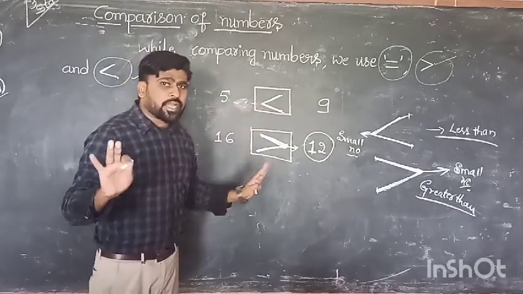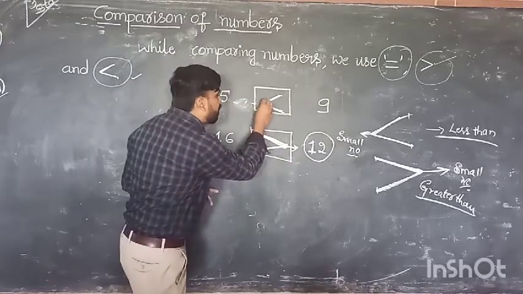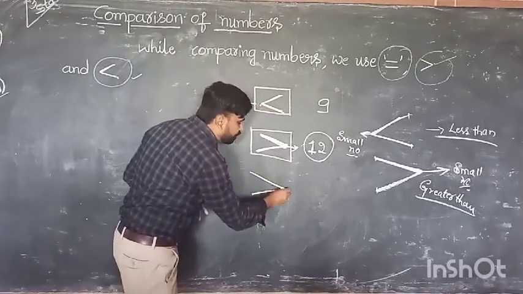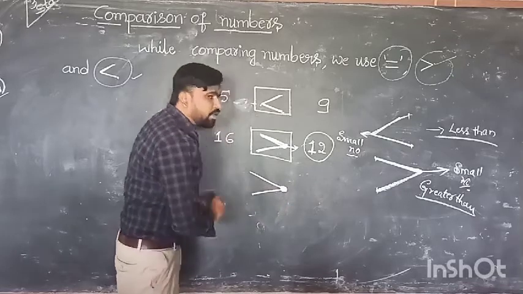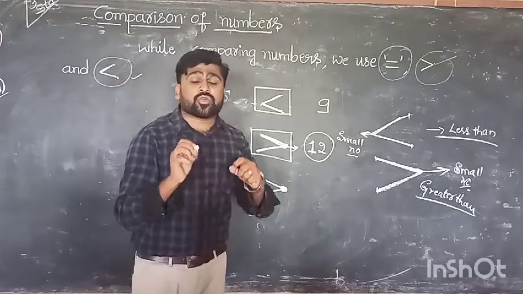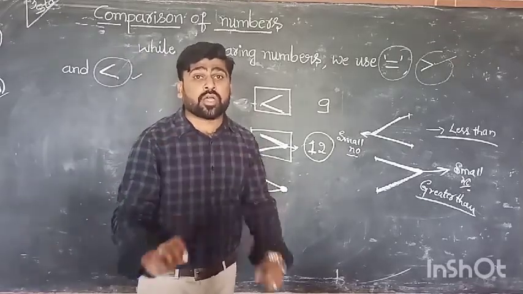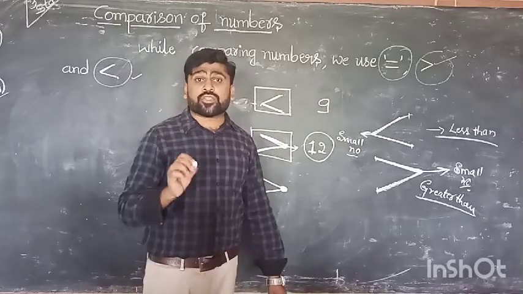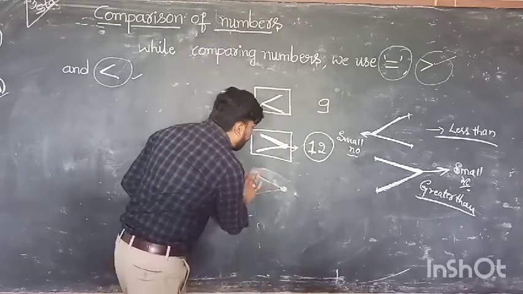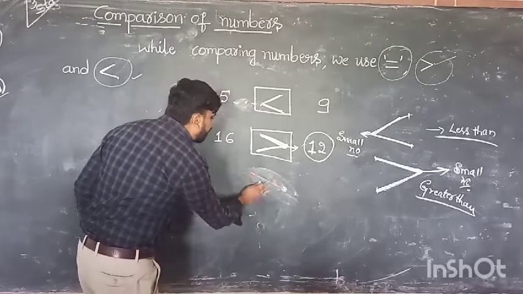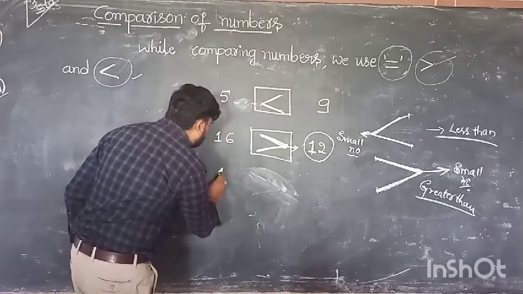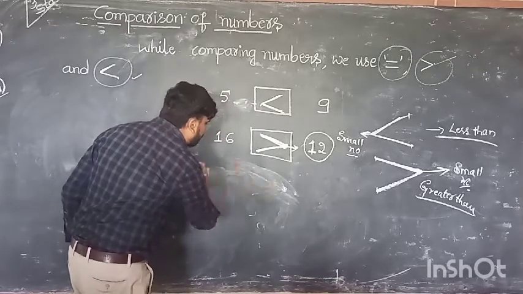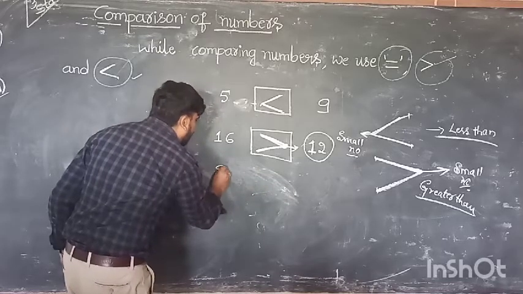ಅದಕ್ಕೆ ನೀವು ಸಿಂಬಲ್ ಬಗ್ಗೆ ತಲೆ ಕೆಡಿಸ್ಕೋಬೇಡ್ರಿ. Just remember this arrow mark. This arrow mark is always towards the small number. Clear? It is always towards the small number. I will give another example regarding the 3-digit number. I will give two numbers. Afterwards, come to 3-digit numbers.